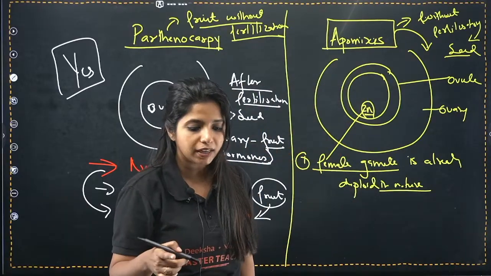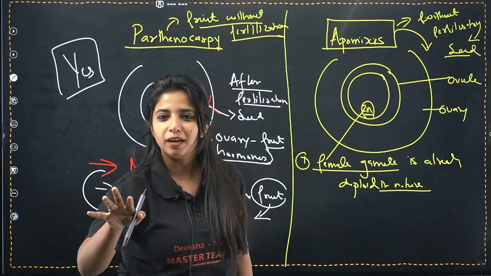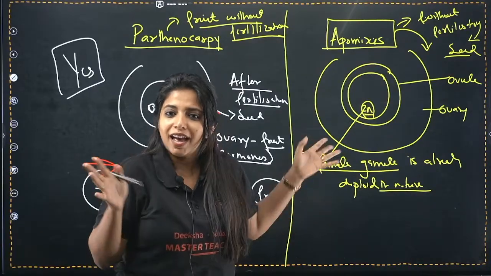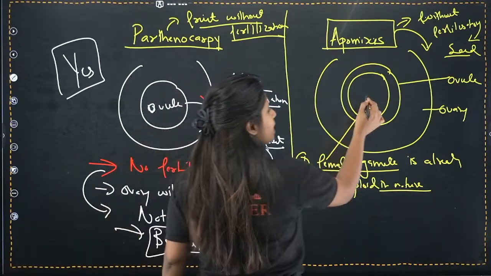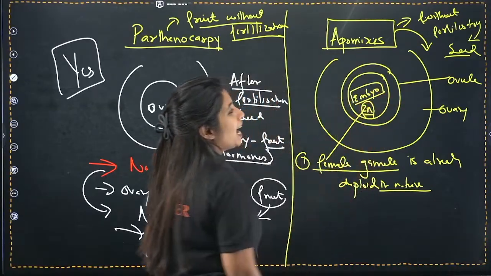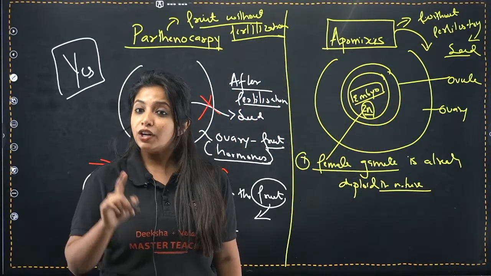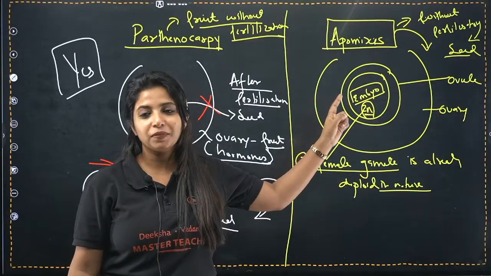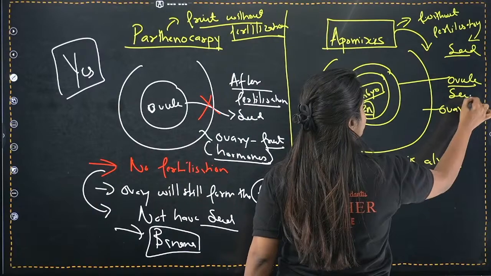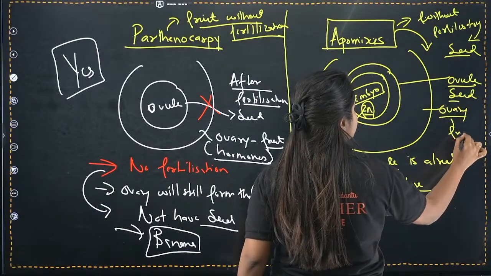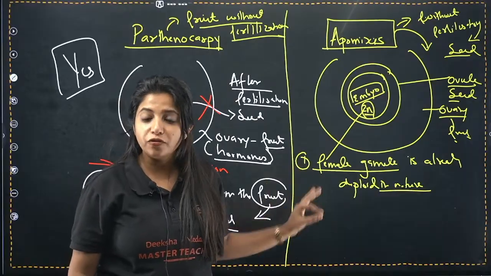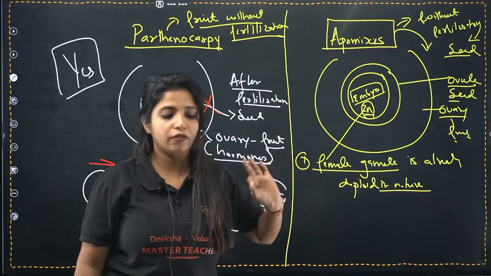And if it is diploid in nature, do you think it will need the help of a male gamete to form a zygote? It says, I do not need your help. It is already 2n in nature, and that's exactly what we wanted. This can later form the embryo by itself. The cells can divide and form the embryo by itself. Do you think fertilization happened over here? No. Will the ovule turn into a seed? Yes. And if the ovule is turning into a seed, the ovary will also turn into a fruit. But basically, this is the logic out there. There is no fertilization needed, but seed formation definitely happens over there.